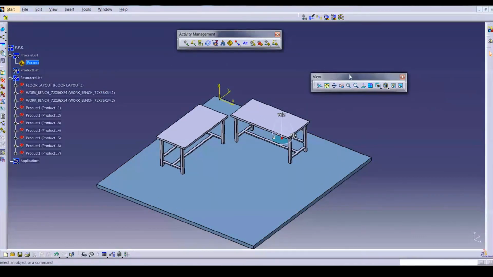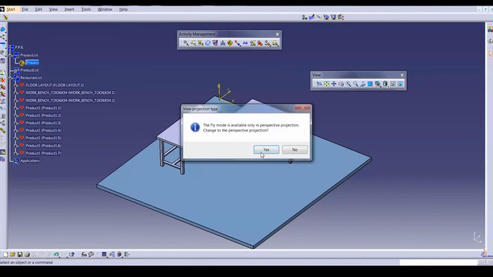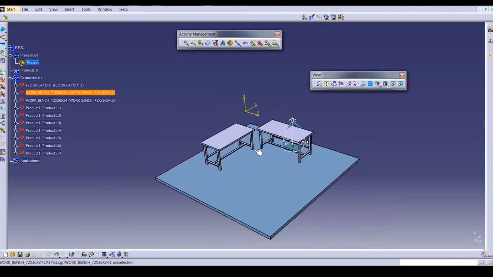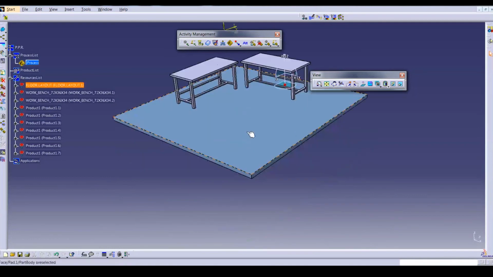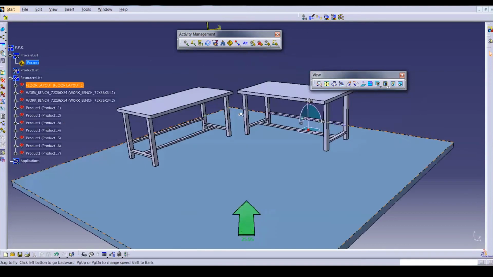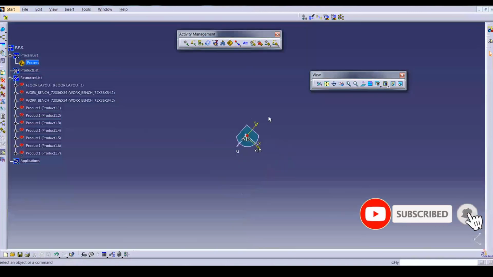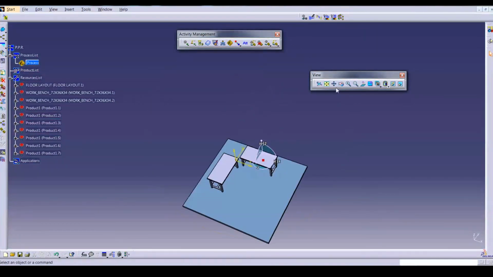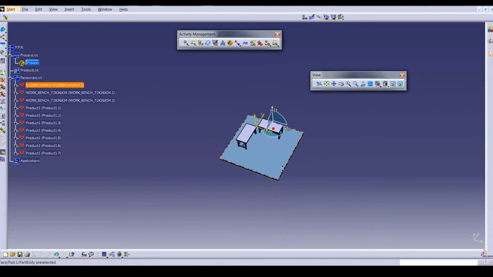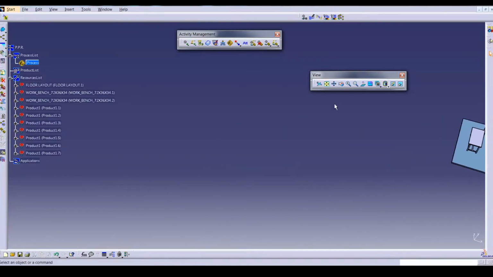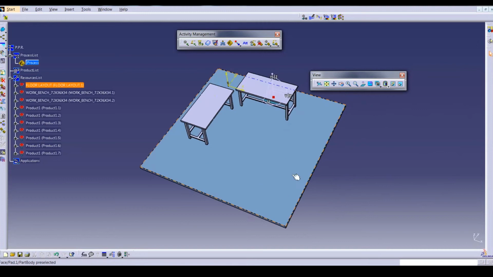So first we see the view toolbar. This is the fly command. When we are working with any huge data with a factory, it helps to make a walkthrough video. Just click fly view and your data will be in perspective view mode. Just press key 2 for a second and then press key 3 once, and you can move in fly view. To unselect, click again. The second is fit all in. If your data is anywhere and you want it in the same workspace, then click fit all in and the data will come in from the side.